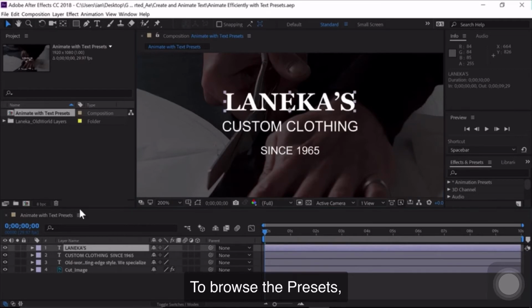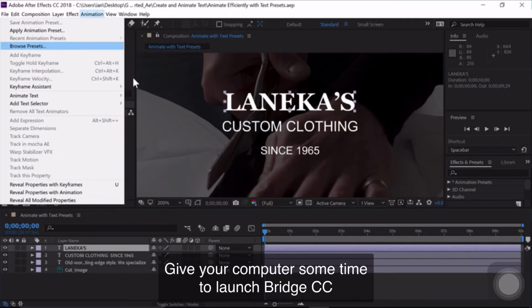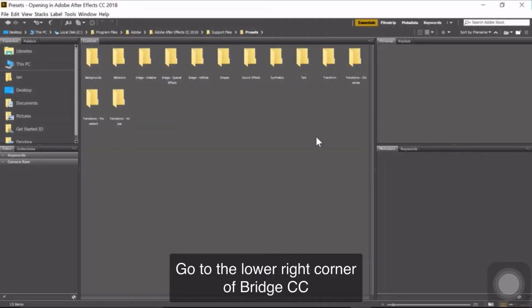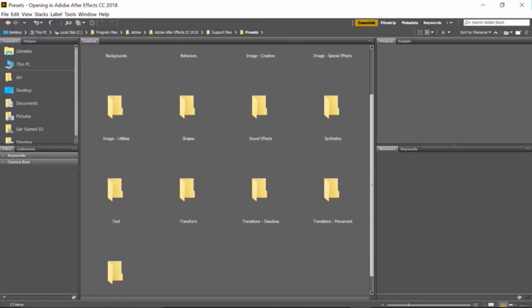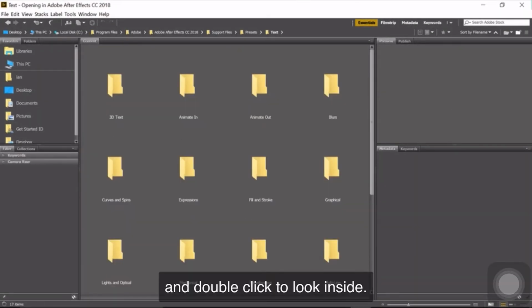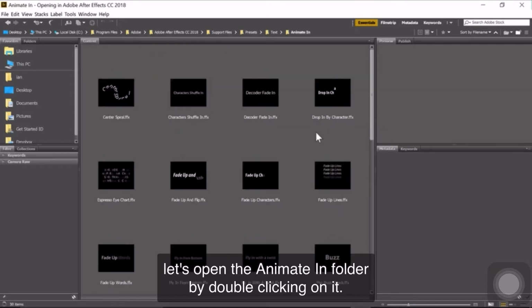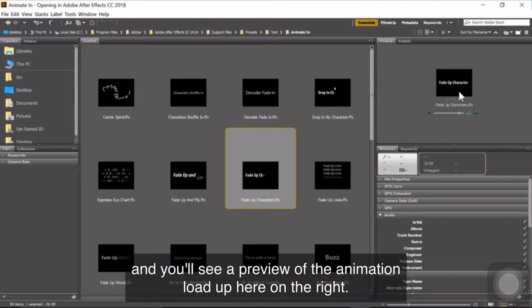To browse the presets, I'll go up under the Animation menu and choose Browse Presets. Give your computer some time to launch Bridge, and then you'll see a group of folders. Go to the lower right corner of Bridge and drag on the magnification slider to zoom in on the folders. Then let's navigate to the Text folder and double-click to look inside. To browse the presets where the text animates into the scene, let's open the Animate In folder by double-clicking on it. Click once on the Fade Up Characters preset, and you'll see a preview of the animation load up here